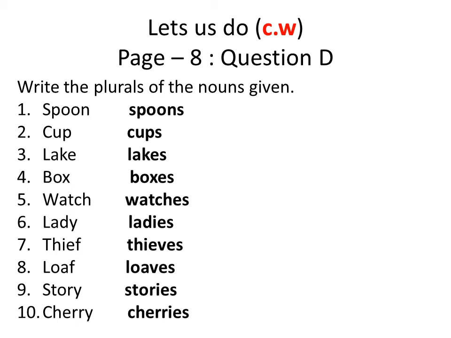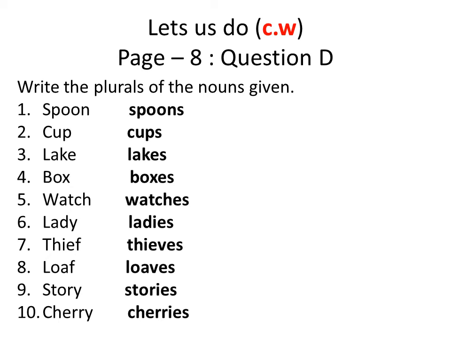So our explanation part is over. Now let's do some classwork. Now students, your concepts will be more clear once we start doing the exercises, and we'll do more once this is over. Now, what is the question? Write the plurals of the following nouns. And remember, this is classwork, so you are going to do it right now. First, spoon. I am just going to make it plural by adding S: spoons. Next, cup. To make it plural, I am going to add just S. So the answer will be cups.